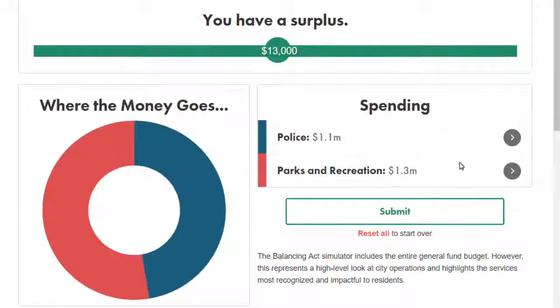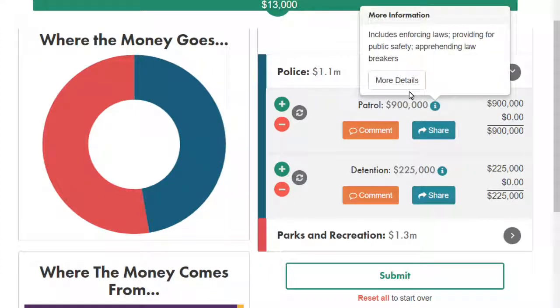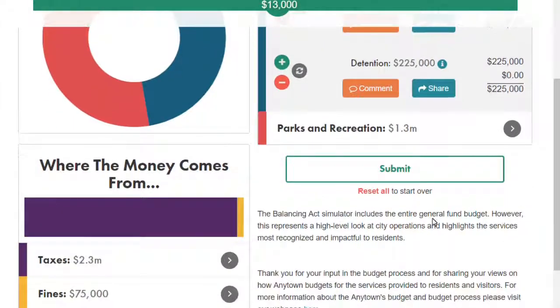We did a couple things to police, so let's take a look at that. And I think we added a picture here so that you get a little bit more of a sense of what's going on with police patrol. And then we also added a hot link there. And then we also created